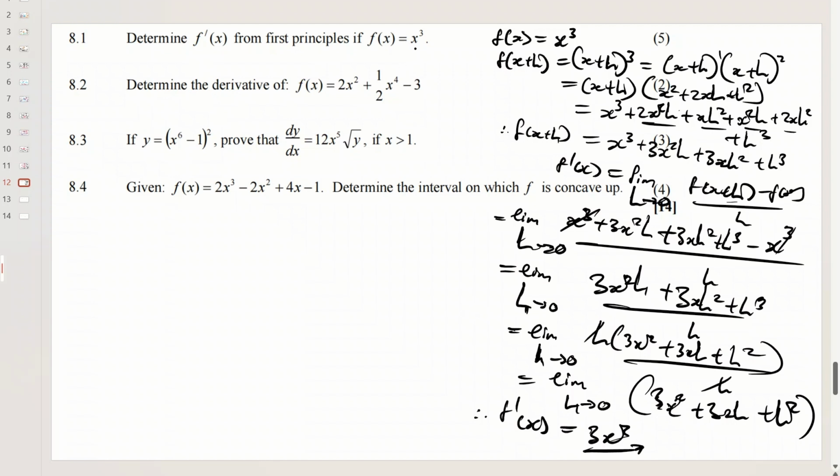Anyway, guys, let me see. When you use the product of the power, you'll have 3x squared. That's it, guys. This one is just straightforward. The derivative of this is just